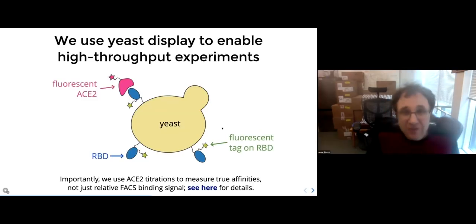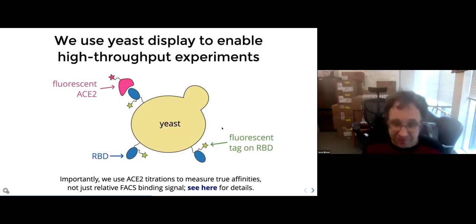So in order to measure these biochemical phenotypes, we just used a yeast display system. We took advantage of the fact that the RBD is an autonomously folding subdomain of spike, and so it can be expressed on the surface of yeast. We can then label the RBD on the yeast surface using an epitope tag, which we can detect with a fluorescent antibody. And it's generally thought that if the protein isn't properly folded, it generally isn't displayed on the surface of the yeast with high efficiency.